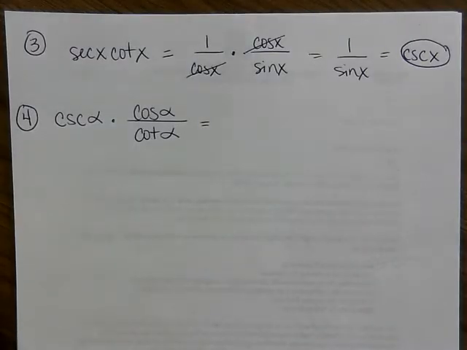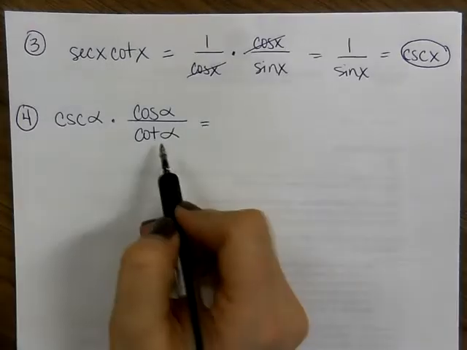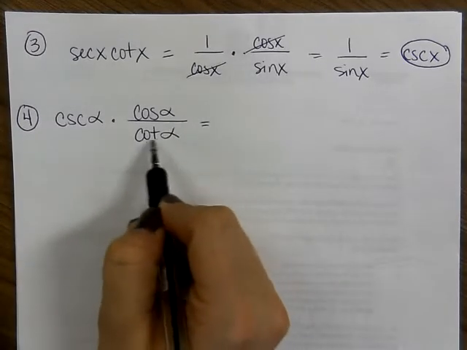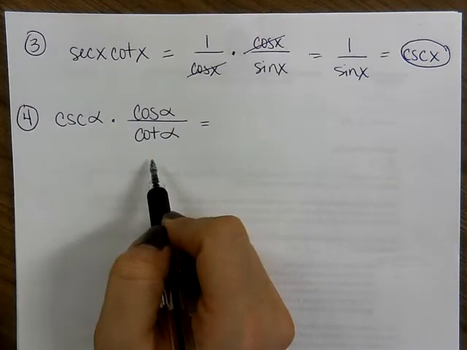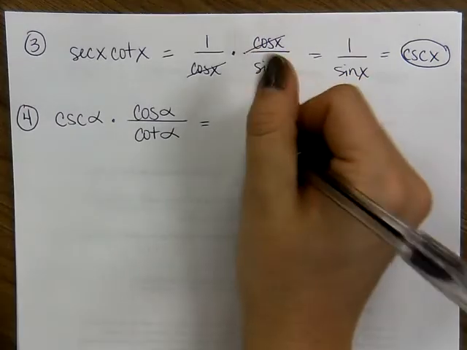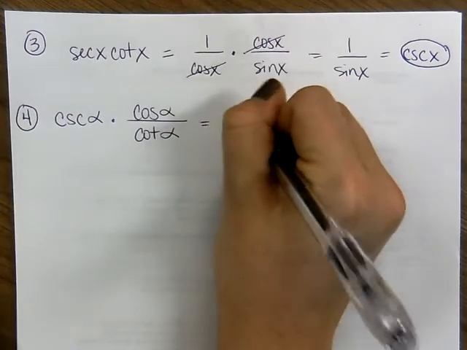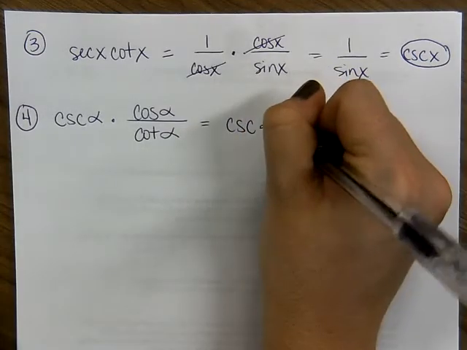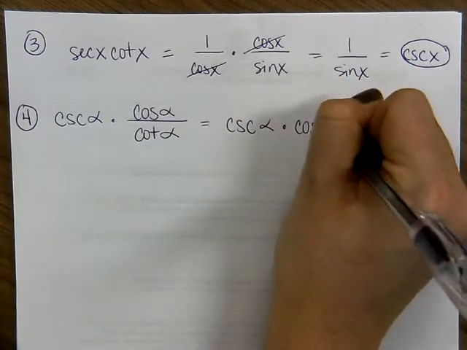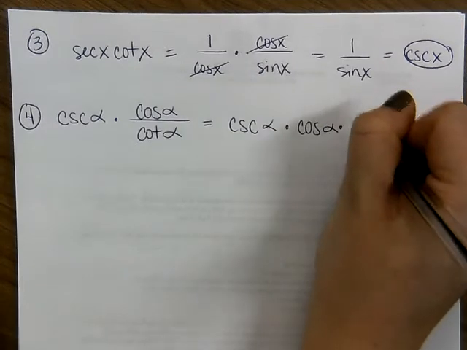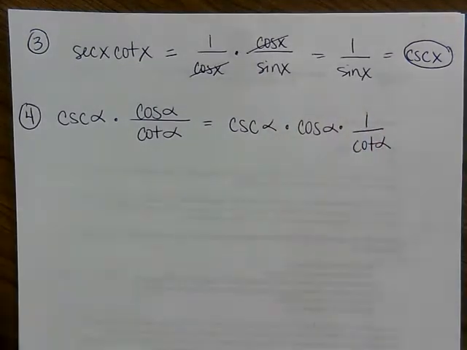Gives you cosine over 1, and then you can times it by tangent, which is sine over cosine. Yeah. Okay, just pause there for 1 second. You're absolutely right. But pause. I want to just talk about the fact that what you're talking about doing is basically splitting this fraction, right? And you're totally allowed to do that. So let's just write that out so we can all see what's going on here. So I have the cosecant of alpha times the cosine times 1 over cotangent if I was to split those,